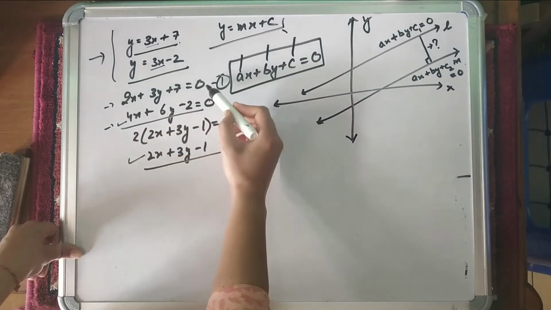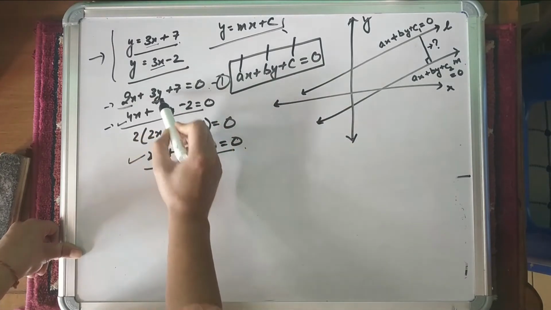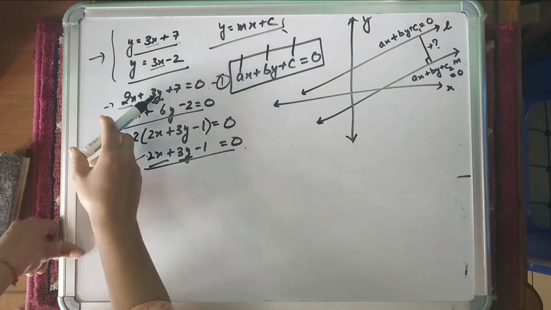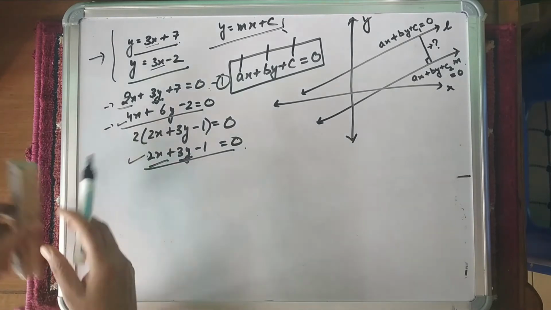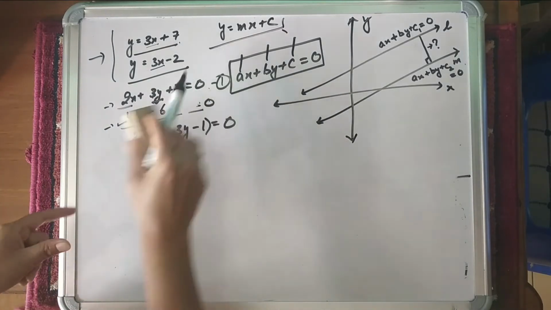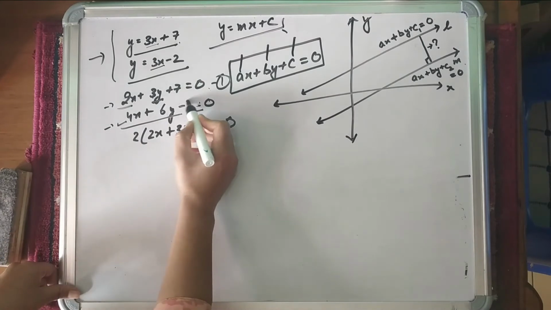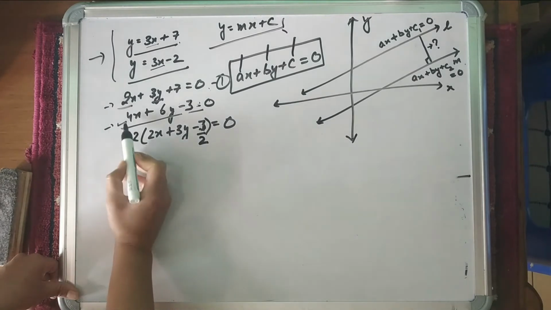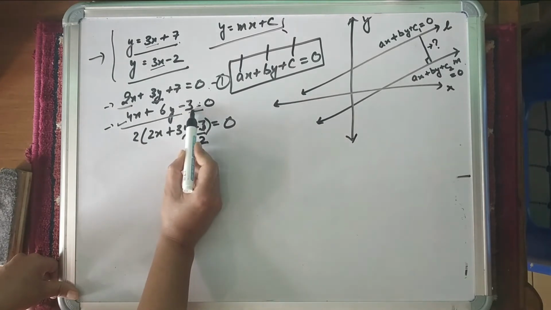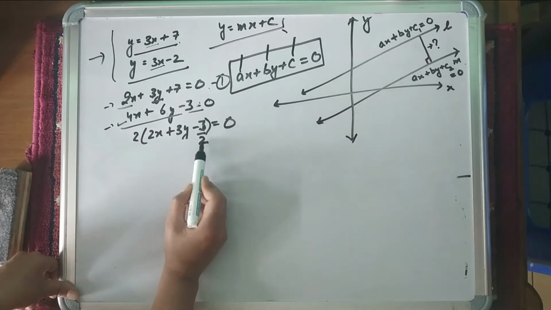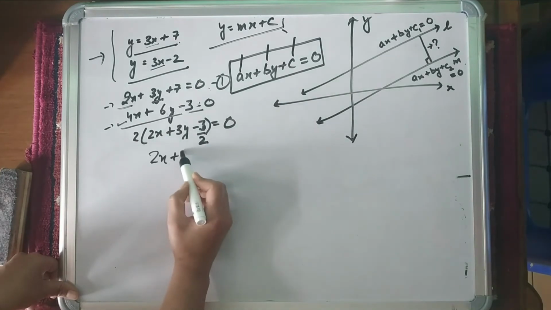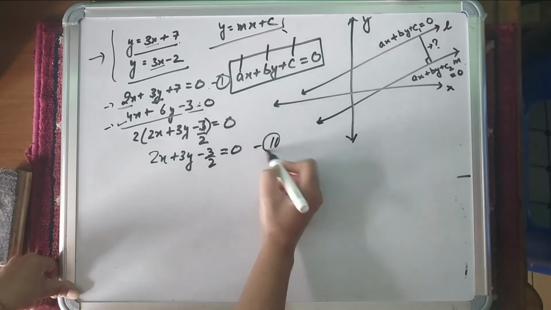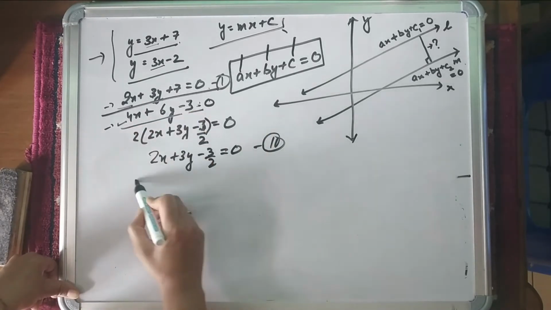So here you can see if the lines are parallel, they can be reduced to the same form, where A1 and A2 are not different and B1 and B2 are not different. If this were minus 3 here, this can still be written like this. 2 can be taken out common from here also, but this will become minus 3 over 2, and this is your 2x plus 3y minus 3 over 2 equals 0. So these two lines were parallel, and just look at their forms now.